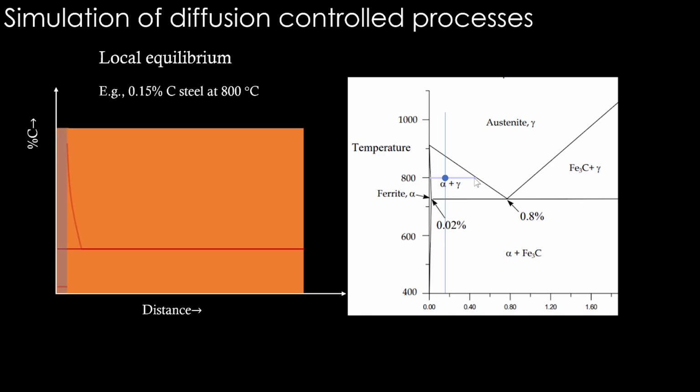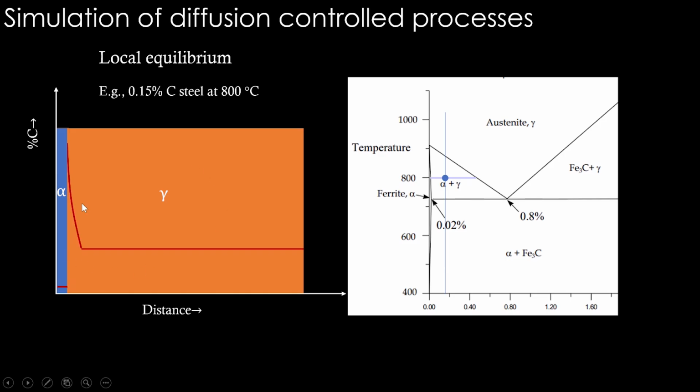Okay, this is how it should be. See it here. So carbon content in the alpha phase is very low, especially near the interface. If you see, it is this value. It is much less than 0.15. 0.15 is somewhere here. So this is somewhere very, very low. I am putting it slightly above actually to see it properly, but it should be very, very low, 0.02 or somewhere there. And that is the composition of alpha.